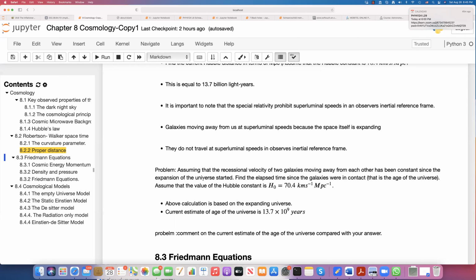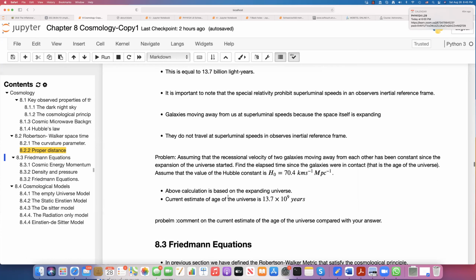I guess this probably should be in your tutorial as well. This is a very simple calculation. You already did the calculation, just the conversion that you need. If you do this calculation and find an age for the universe, you will get a very close value. The value that you would get is roughly 13.9 billion light years, right? I have not put the answer here, so I will leave that for you to work out the problem and find the answer, right?